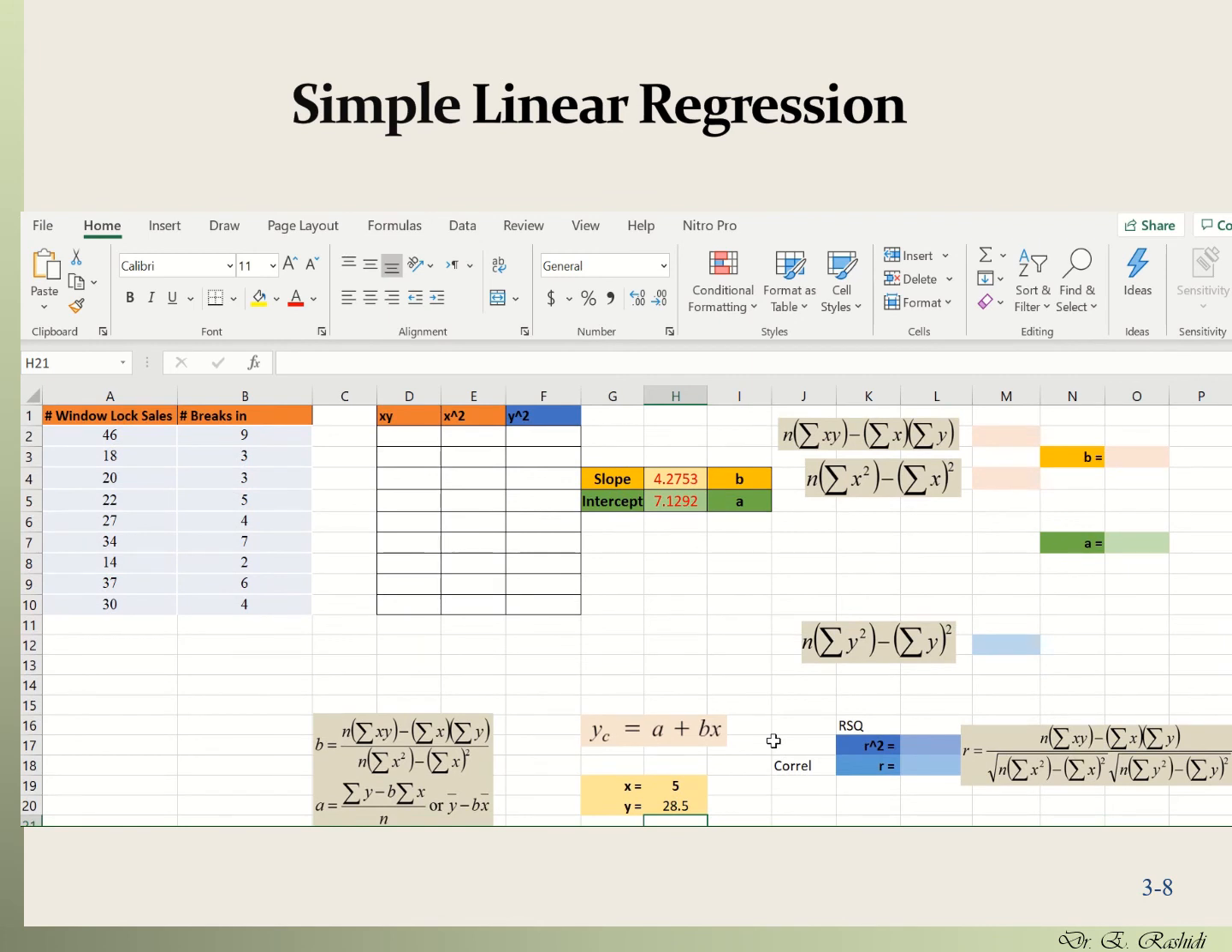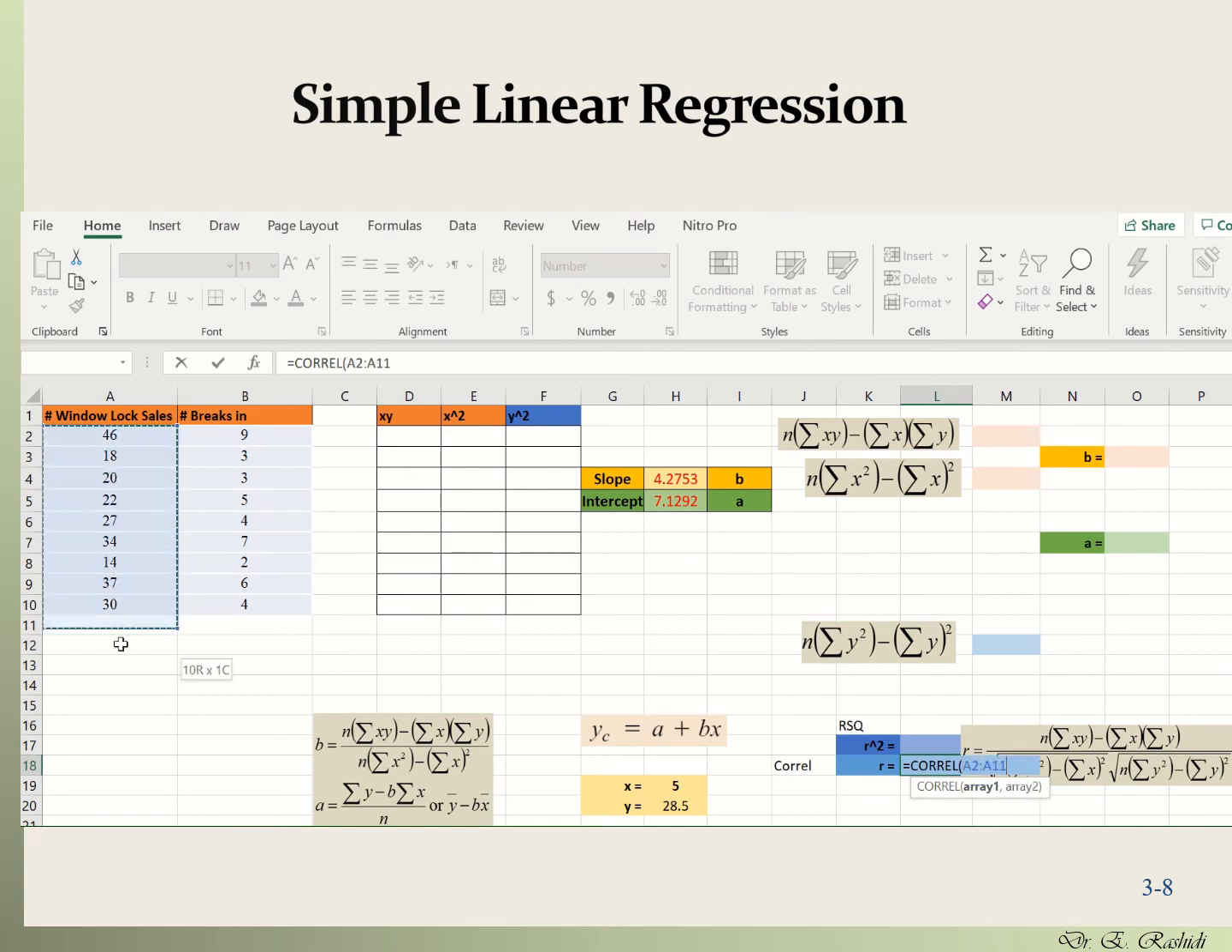Our forecast estimation for the number of window lock sales, if the number of break-ins is 5, would be 28.5. We can also compute the coefficient of correlation to judge the quality of, or estimate the quality of, the regression model. So I'm going to use the CORREL function here. There's no x and y here, so you can just select your data, comma, the other variable,